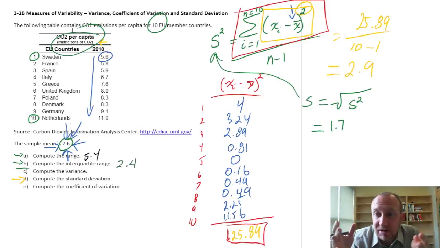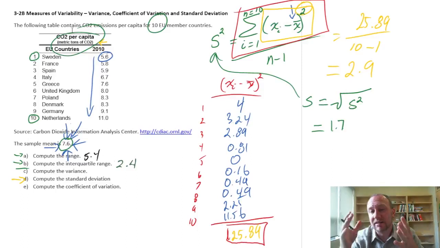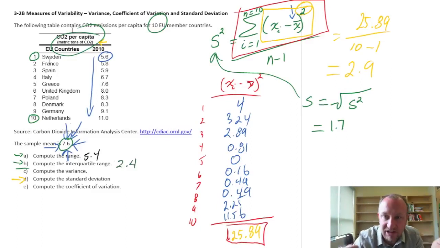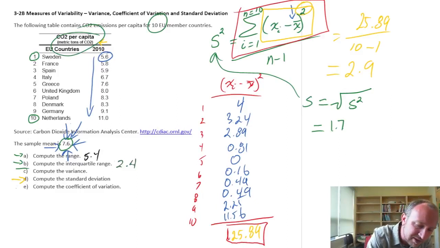I say similar because if I'm looking at CO2 per capita emissions, and let's say I'm comparing it against obesity levels or some totally different variable that's not related, and I want to see which of these two variables shows greater volatility, greater variance, well, then it might be useful to use this next one, which is the